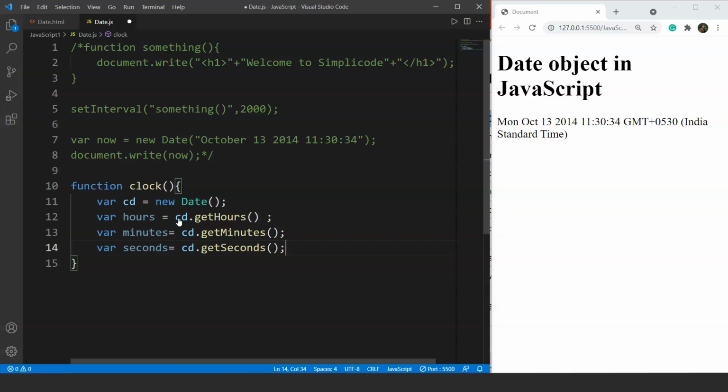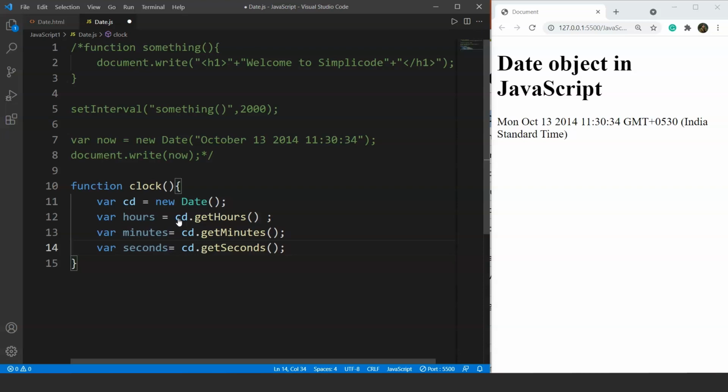One thing to keep in mind is that this method works with the 24-hour format. So 3 p.m. will be stored as 15 in the variable hours. Similarly for the variables minutes and seconds we have two methods, right? We have the getMinutes and the getSeconds methods. So the current value of minutes will be stored inside the minutes variable and the current value of seconds will be stored inside the seconds variable. The value of these variables will change every time we call the program. Every time it will print the current hour, minute and second.